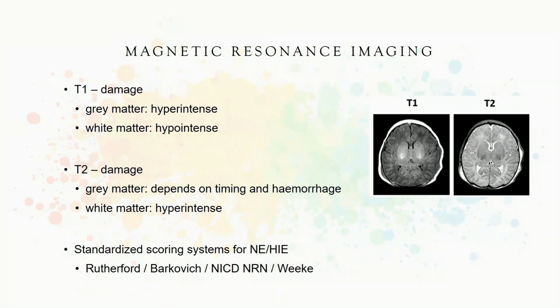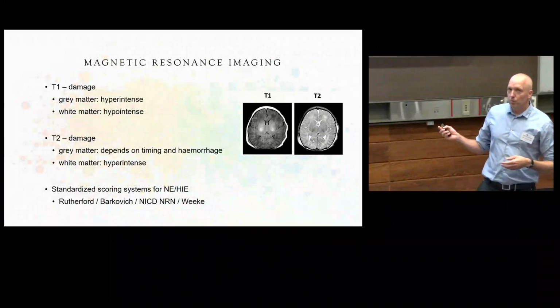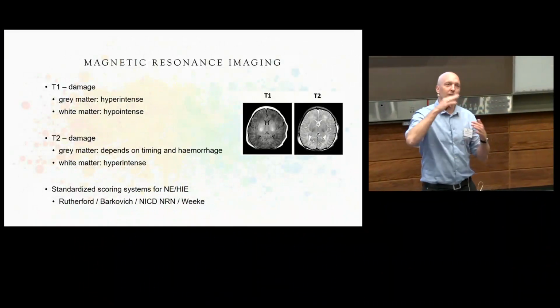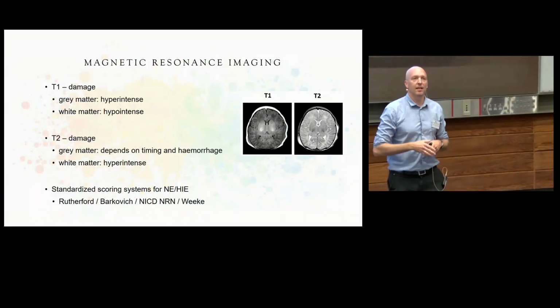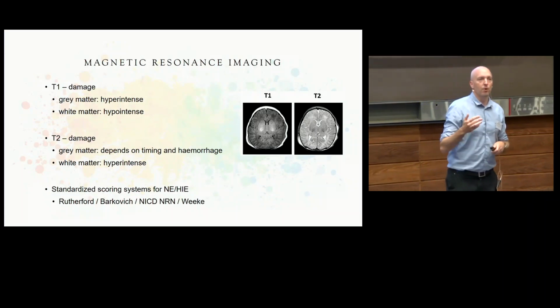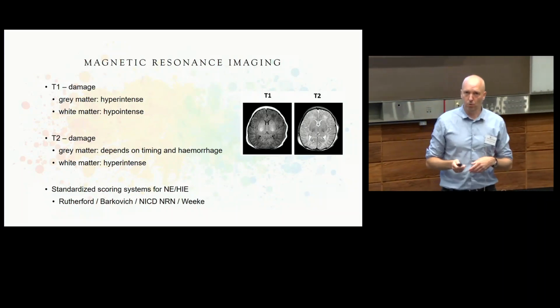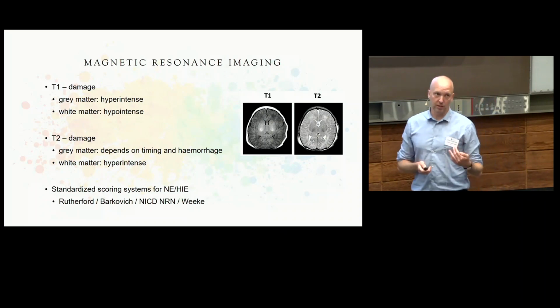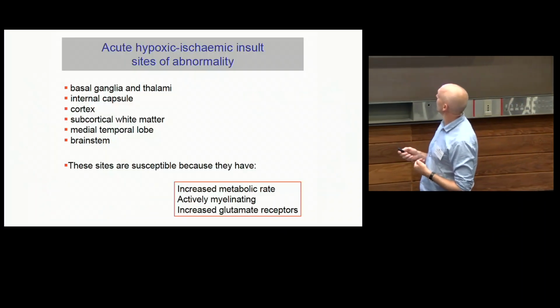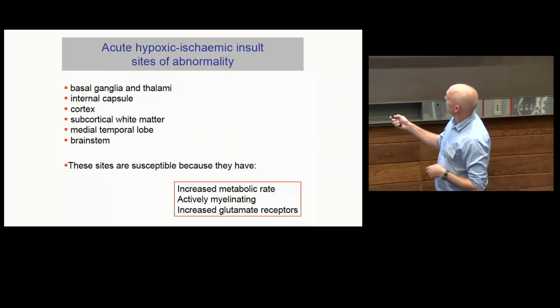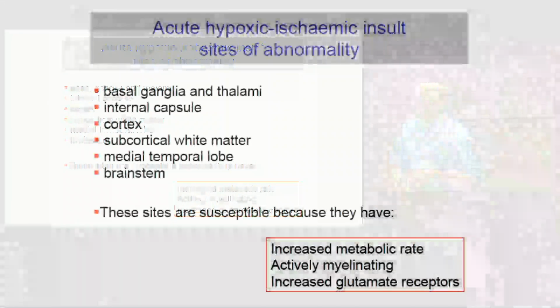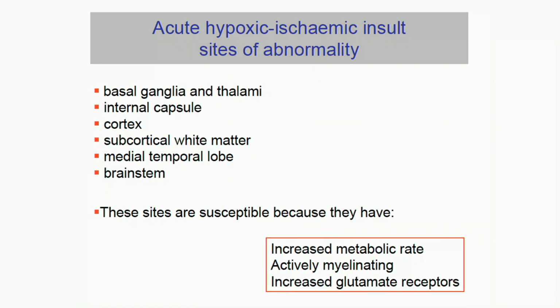There are a number of standardized scoring systems for newborn encephalopathy and HIE. And what you saw, if you had time to look at the whole slides from those previous studies, is that some of these newer modalities perform better than the standardized scores that we know in terms of predicting later neurodevelopment. So this is what we know currently, at least, and it's being modified with new treatment, new, better supportive care, etc. All of this can change a little bit, but there are